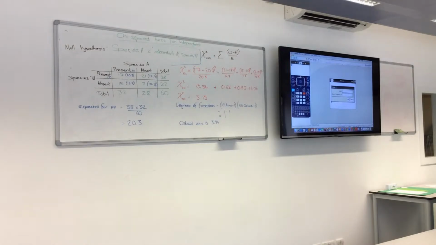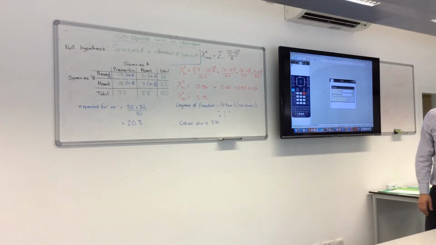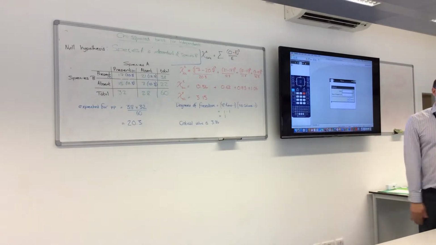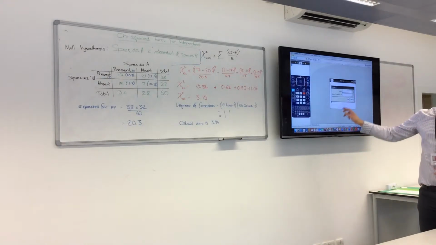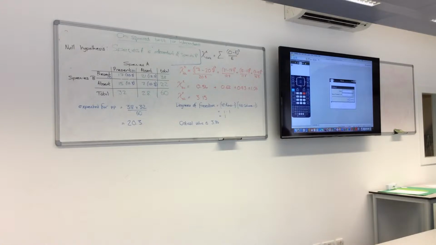In that information, it's asking us for the area, so what area of our distribution curve we're going to look at. Because we're looking at 0.05, we're looking at the area other than that, so we're going to look at 0.95 to make 100%. So we'll type in 0.95. If you're looking at 0.01, if you're looking at 1%, you type in 0.99. If you were looking at 10%, you type in 0.90. So we're going to type 0.95 into the area, and then we're going to look at our degrees